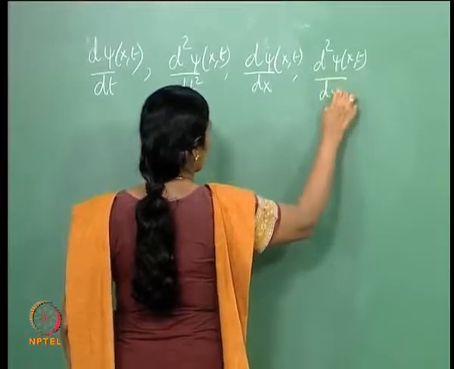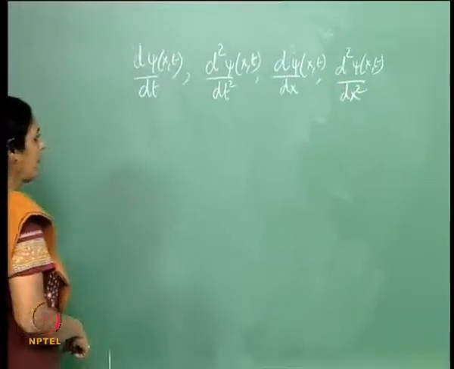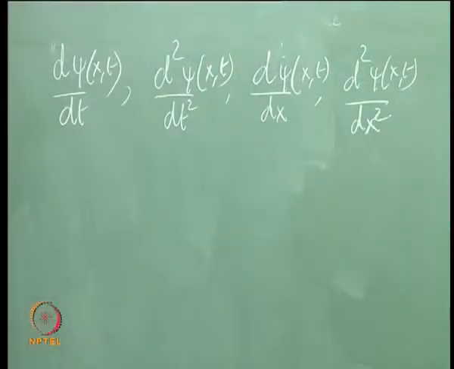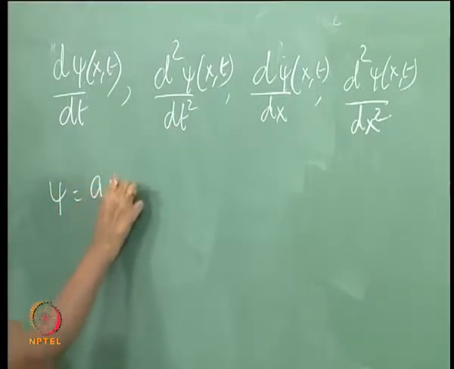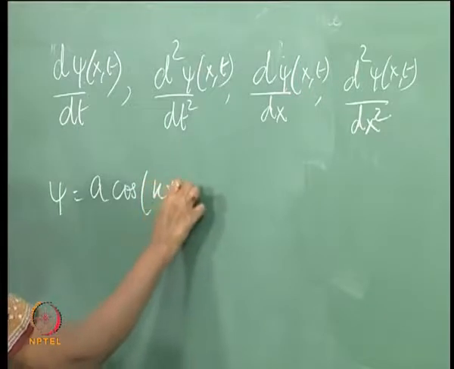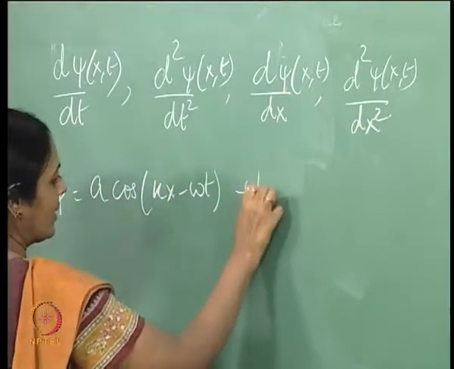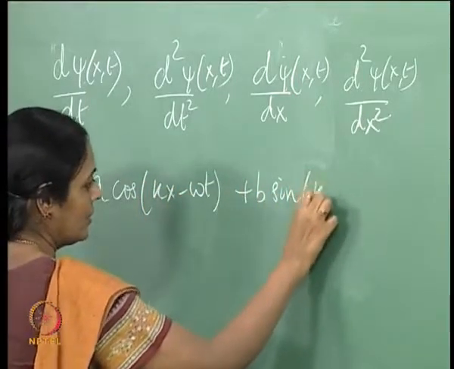We look at the first and second derivatives of space and time and try to come up with an equation. So I have psi is a cos(kx minus omega t) plus b sin(kx minus omega t),